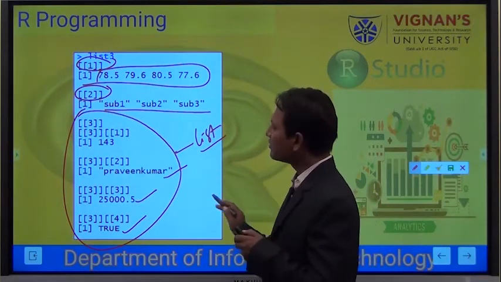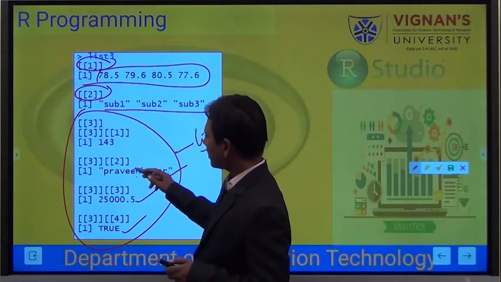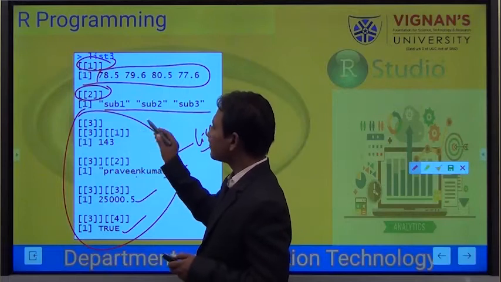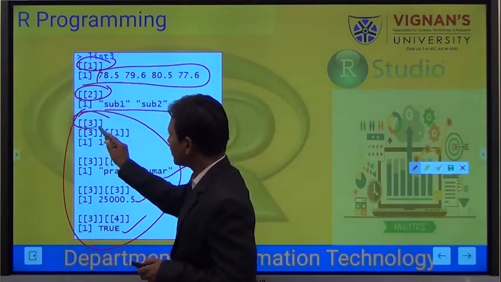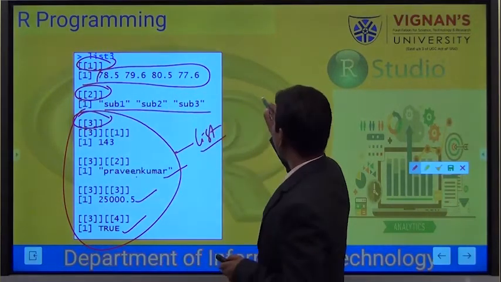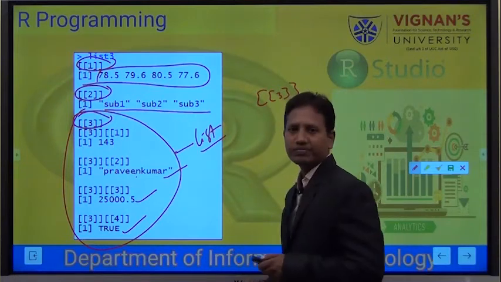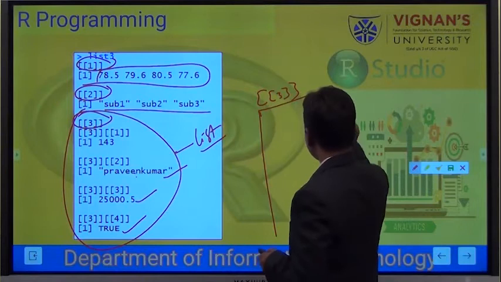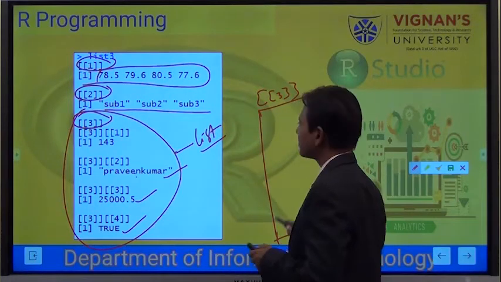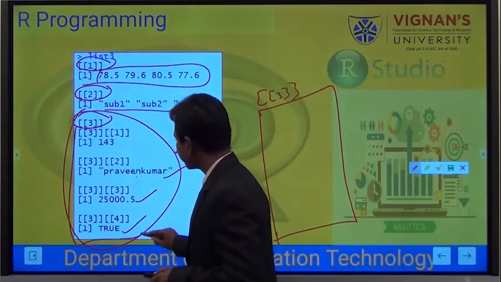So if you observe, at every list item it is represented first in 3. This is my third item, and the third item is a list, so it is this box.